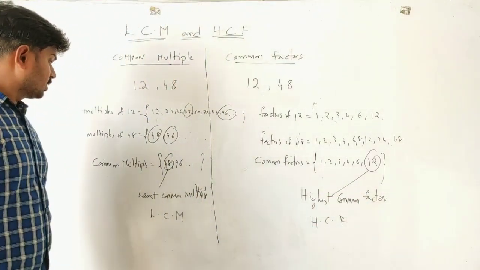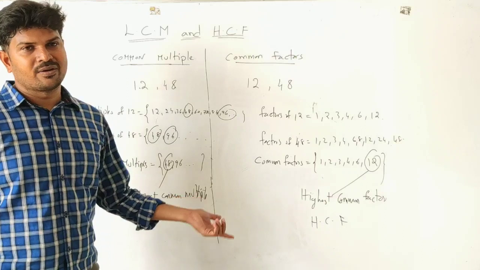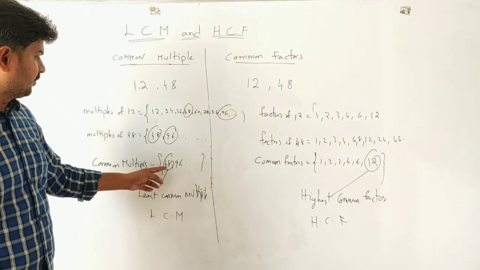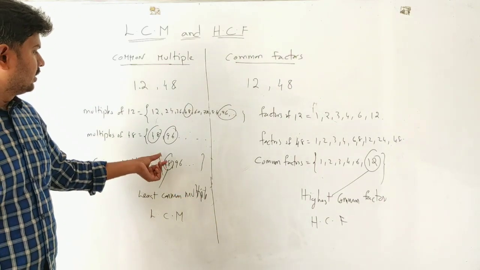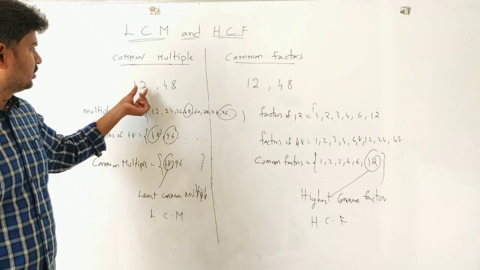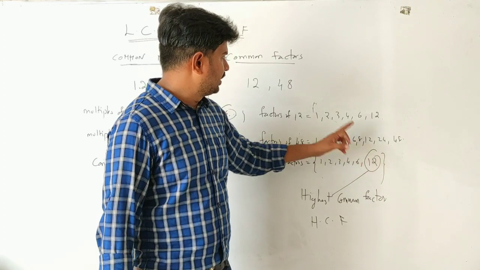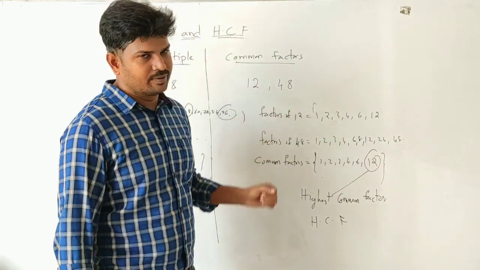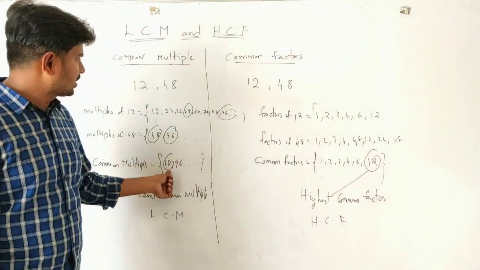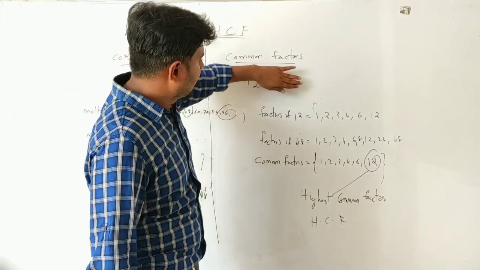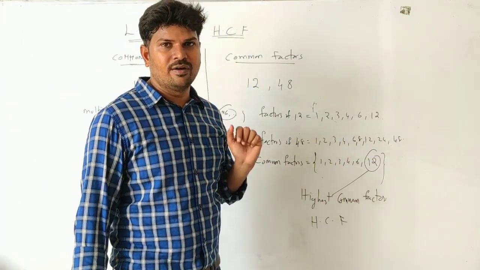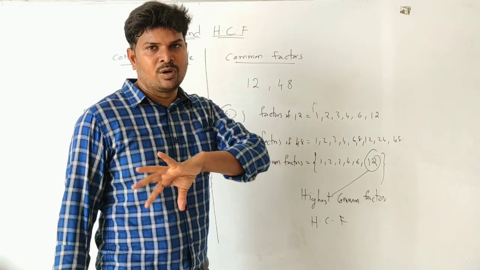Okay. So, how to identify whether our answer is right or not? Here the LCM value, which is 48, is divisible by both these numbers. That is, a number should be a factor of both numbers. So, here this number has to be divisible by this. Here these two numbers have to be divisible by this. This is the way of checking whether you got the right answer.